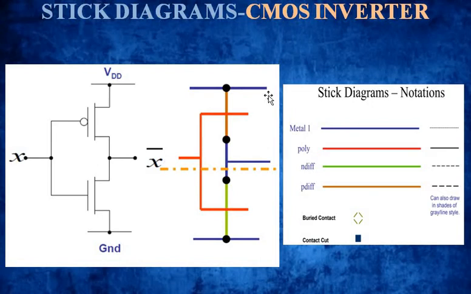Then you have to see the output. Now this we have to contact, we have to give the interconnection. Now we have to give the connection as the output way out. For this one we are using a metal layer for connecting the PMOS transistor and NMOS transistor, a blue line. From here you will be getting the output Vout.